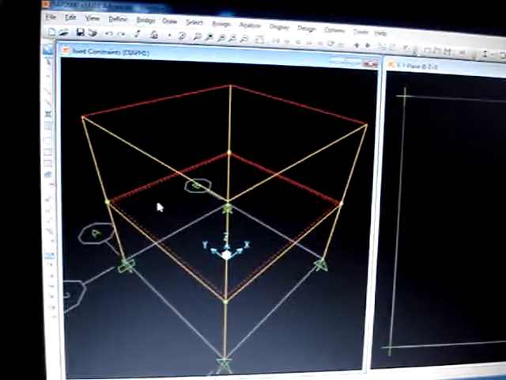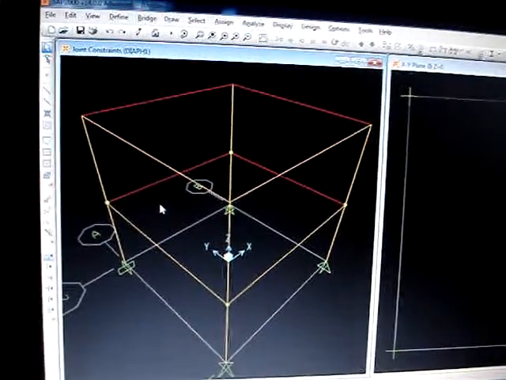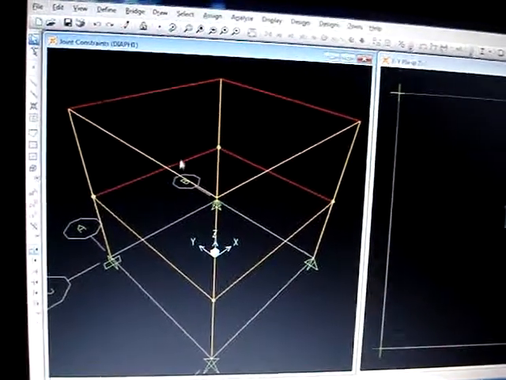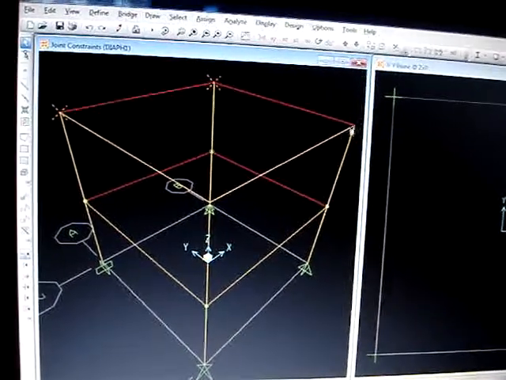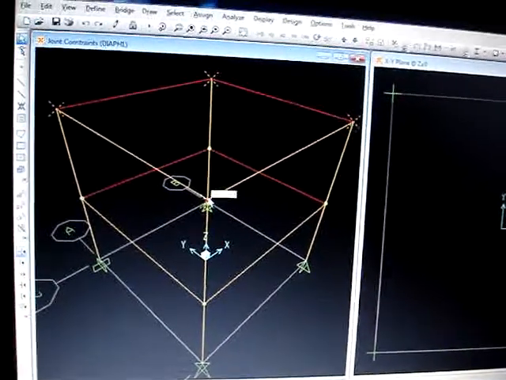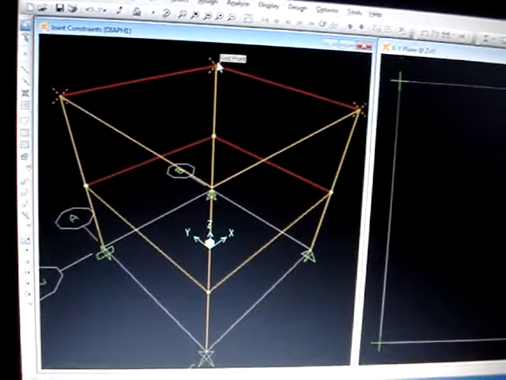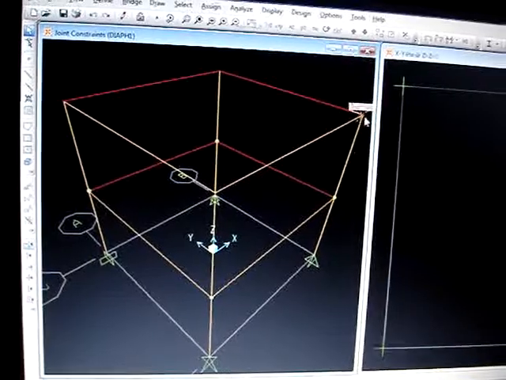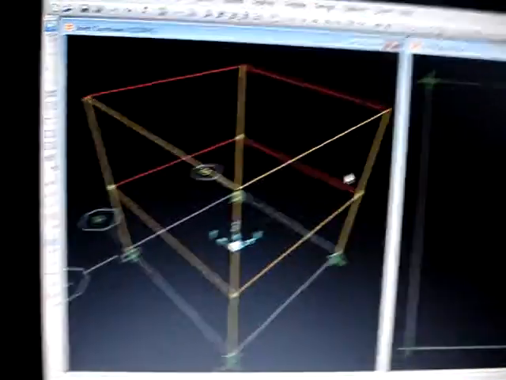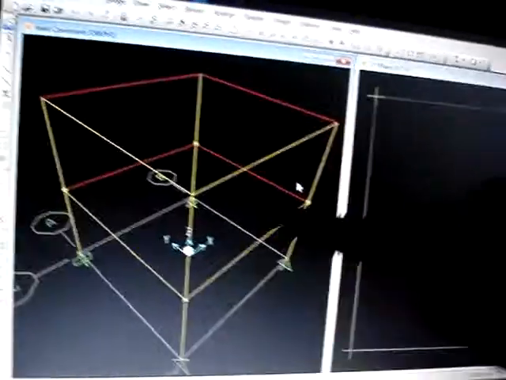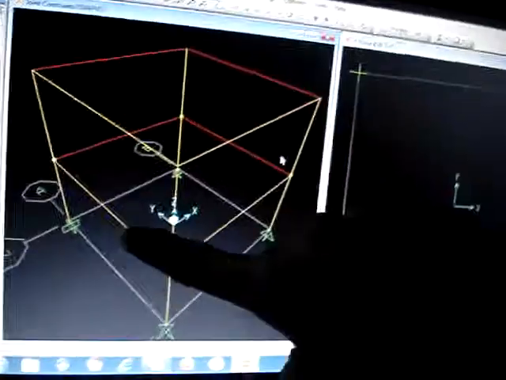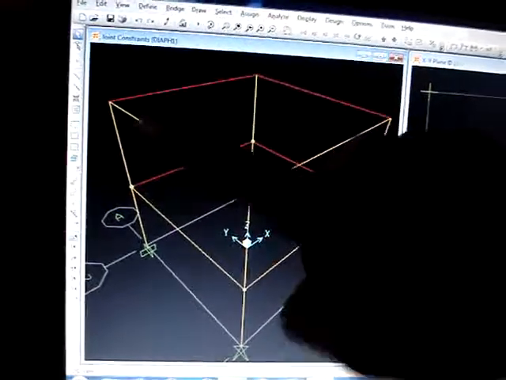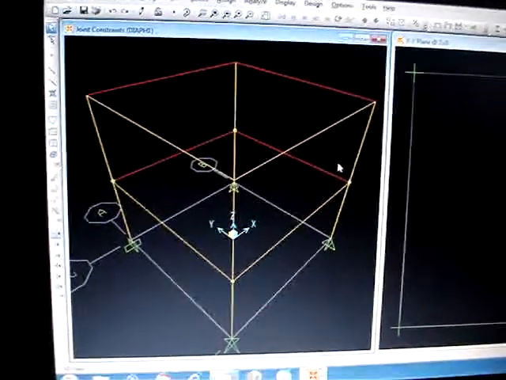So these 4 points will now move as a single unit when it gets deformed due to any shear force. The same thing has to be done for the rest of these 4 joints also. Remember one thing, that you need to do this individually for all slabs. For this 4 you need to select these 4 and apply the constraint, and then after applying it you need to select these 4 again and follow the same procedure.